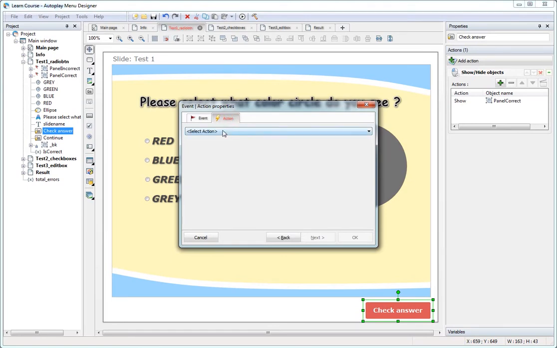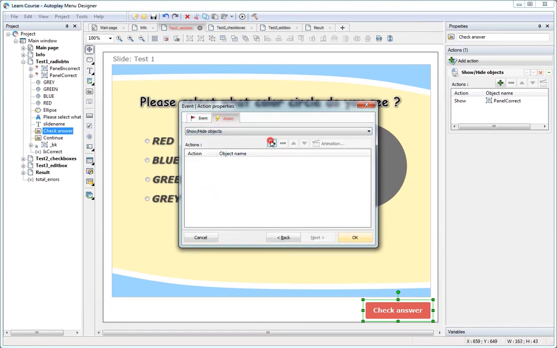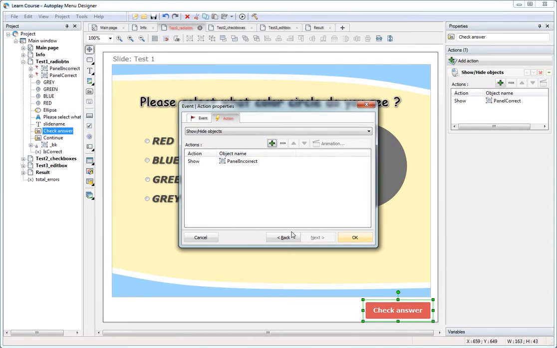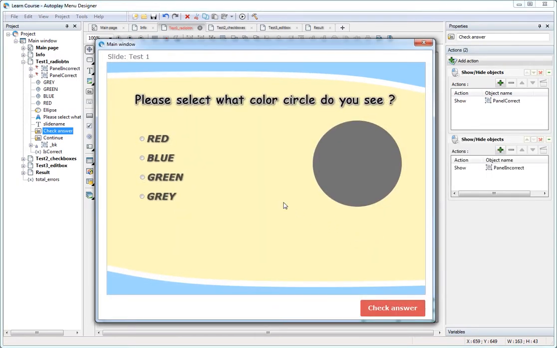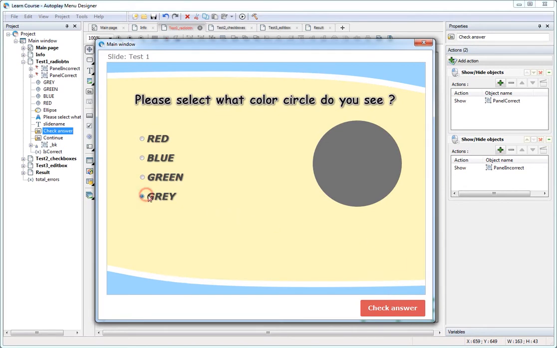Add the Show Hide Objects action and show the incorrect panel. Start the page test. The correct panel appears if the answer is correct. Otherwise, the incorrect panel appears.